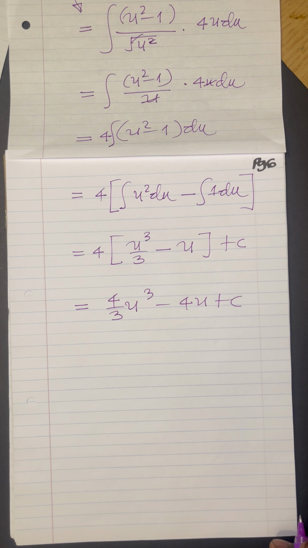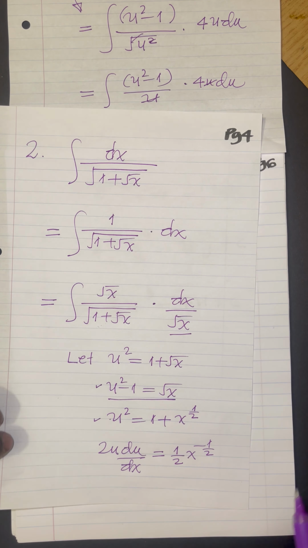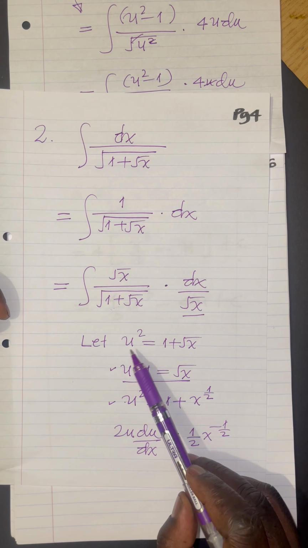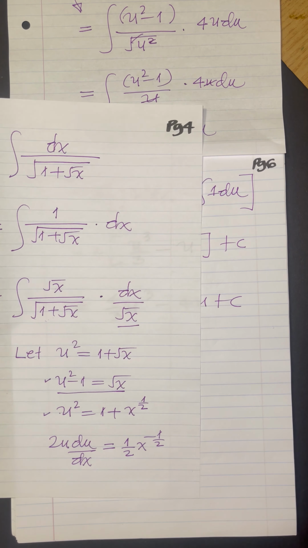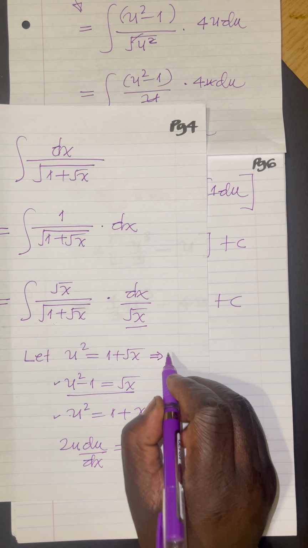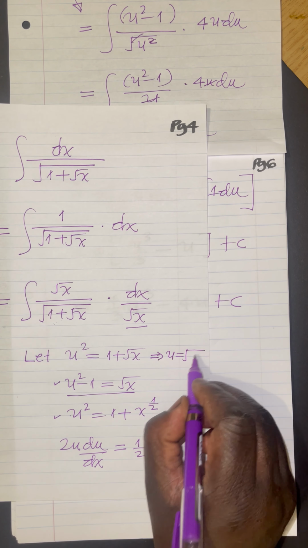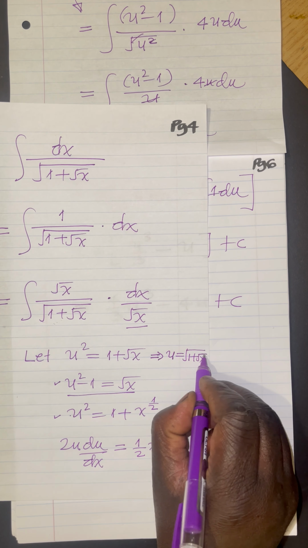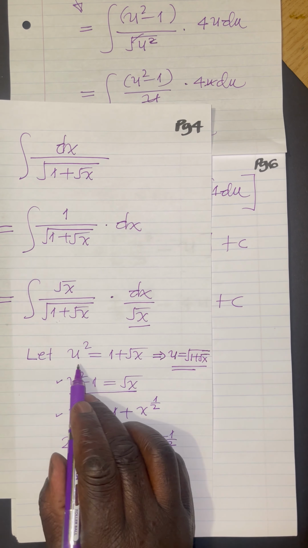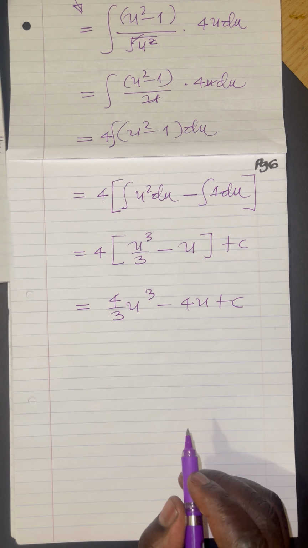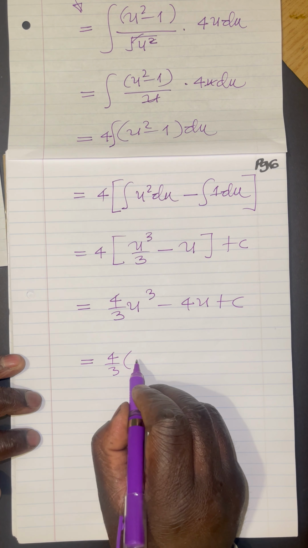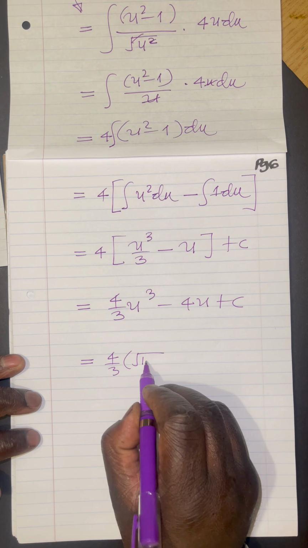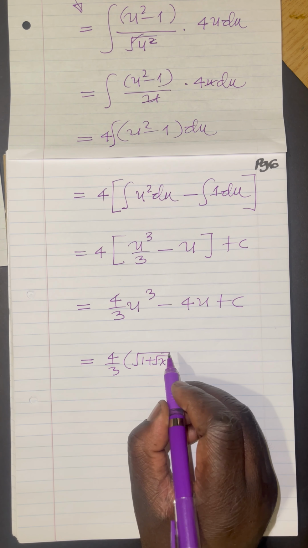Let's go back to our original variable. Our original variable is x. What's the relationship between u and x? From here you can see that you would need to take square root on both sides to determine the value of u. So this means u is equal to square root of 1 plus square root of x. That is u. From there you can see we take square root both sides, and this is what we get. So I'm now saying this is the same as 4 over 3. In the place of u, I'm going to say square root of 1 plus square root of x. As you can see over here,